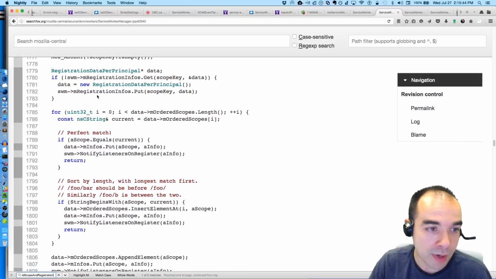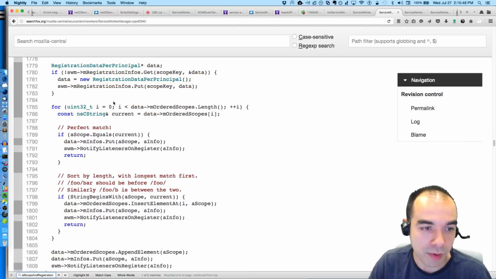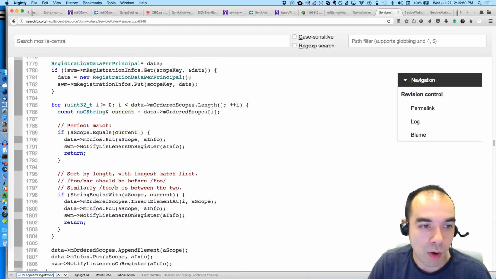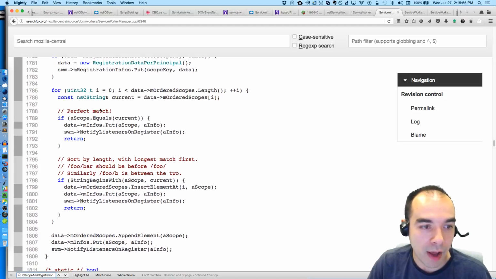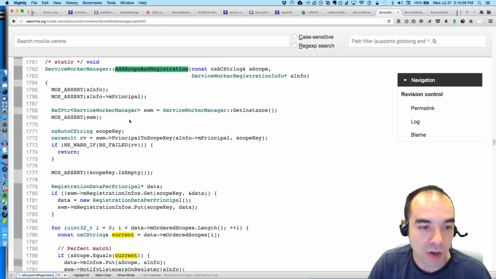And then what we do now, in either case, we now have data put into the M registration infos. And then we go through the list of ordered scopes, and we find a scope that matches the current scope.